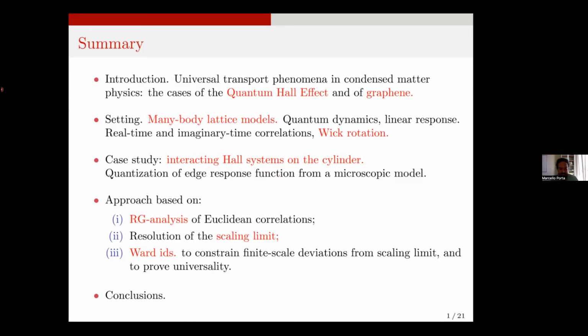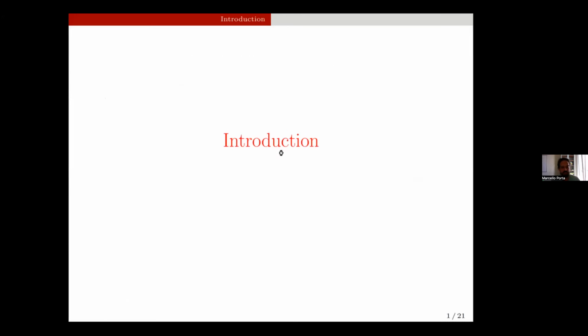So let me say, I will not really say much about the renormalization group analysis. The technical details of that, I prefer this not become too technical, but I will tell you what one can prove with renormalization, and then I will tell you how, in cases where one can prove universality, this is done, starting from the input that the renormalization gives. So let me start with this introduction.